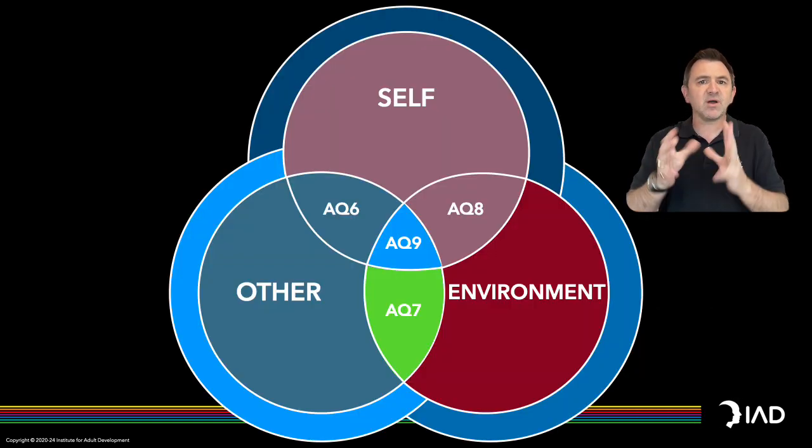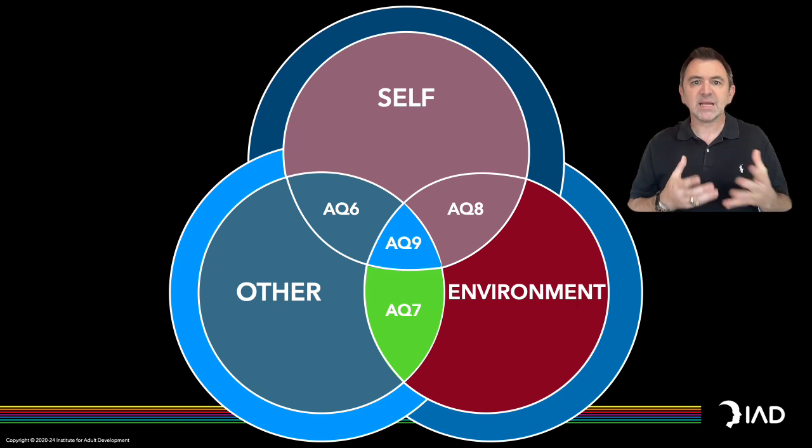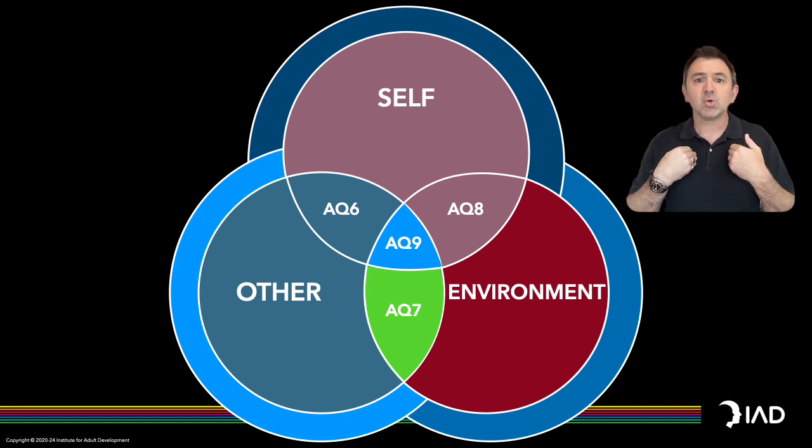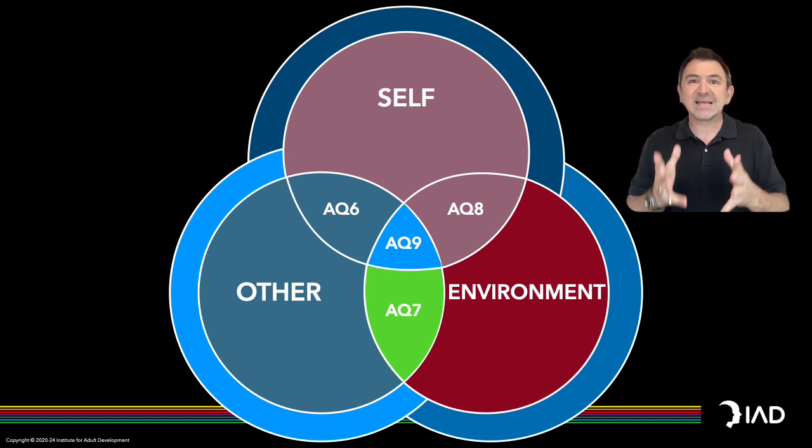On this slide you can see I've mapped the ideas of the other systems onto the AQ scale for reference. However, it's not as cut and dried as it first appears. There is no reason a person at AQ7 cannot choose to focus on self, or someone at AQ8 can choose to focus on other. This is the problem with labels and descriptions and systems lacking clarity.